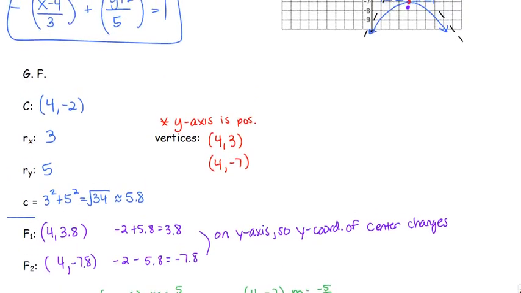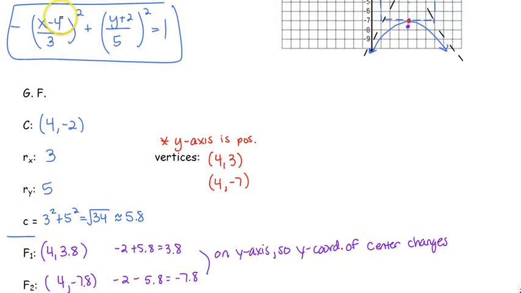First thing we want to find is our center. Opposite of negative 4 is a positive 4. Opposite of a positive 2 is a negative 2. Our 3 is our r of x. Our 5 is our r of y. We square them and add them together. That gives us 34. That's c squared. We want c, so we square root that. We're going to use the decimal because square root of 34 is not really going to help us too much